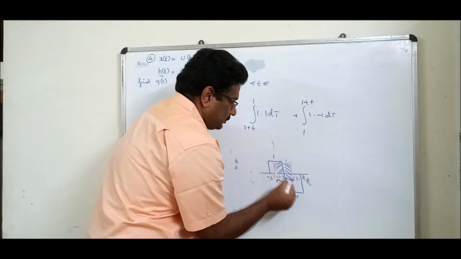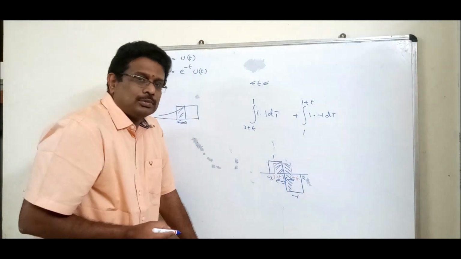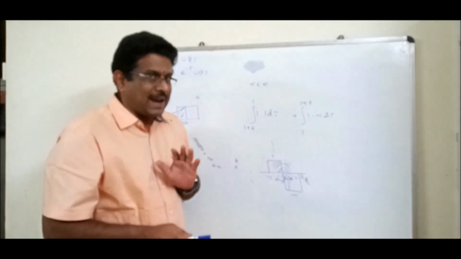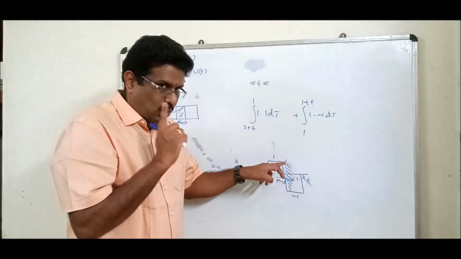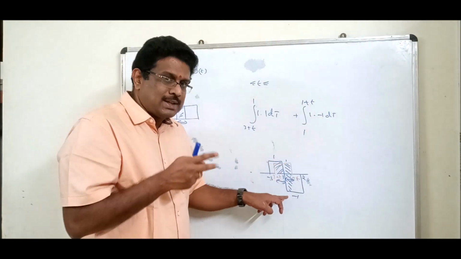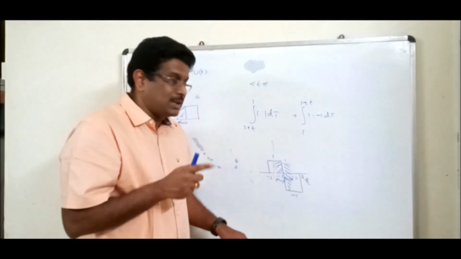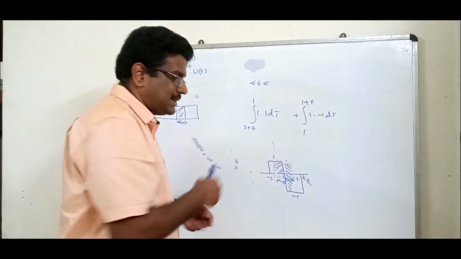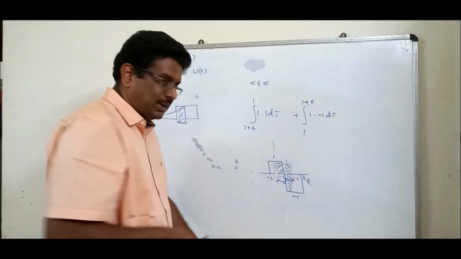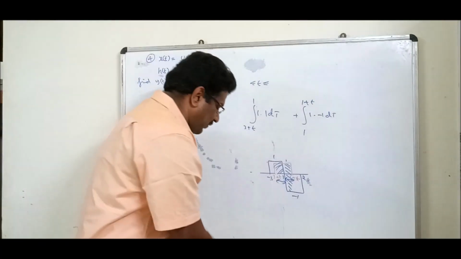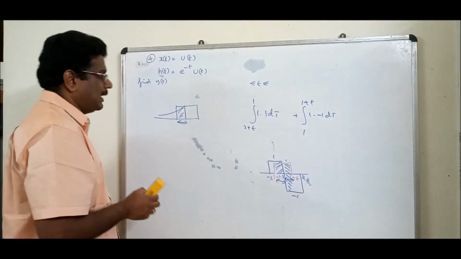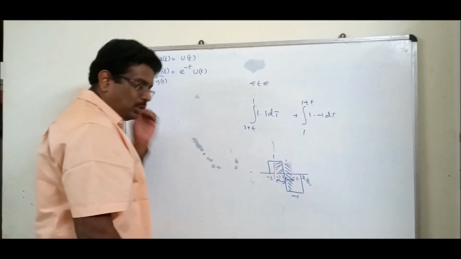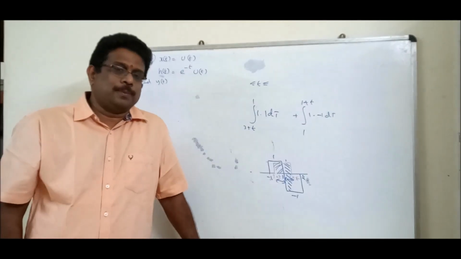This is the theory. Don't think that it is not overlapping. Think about whether, when you multiply, I will get an answer. Red color 1, blue color minus 1. If you multiply 1 into minus 1, I will get an amplitude. So do the integration separately, get the answer separately, add both and give the result. Under that situation, you should be careful while doing the integration limit. So this is the generalized discussion I would like to do with you in convolution.